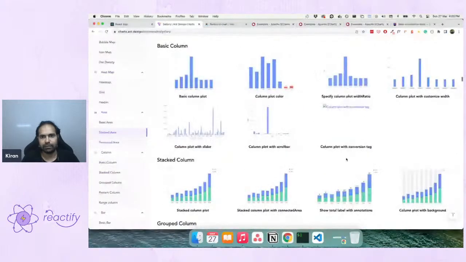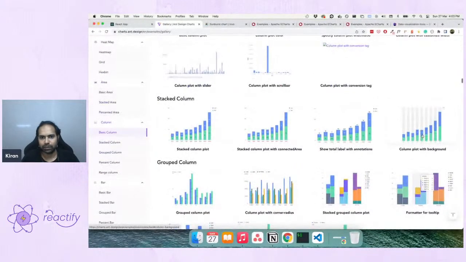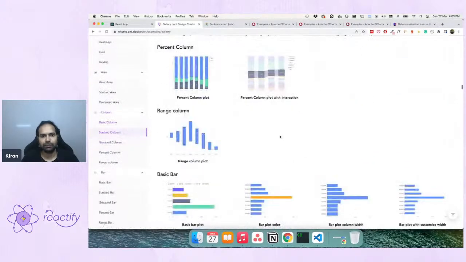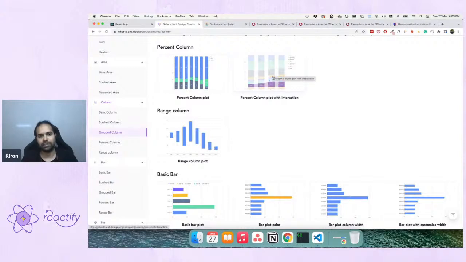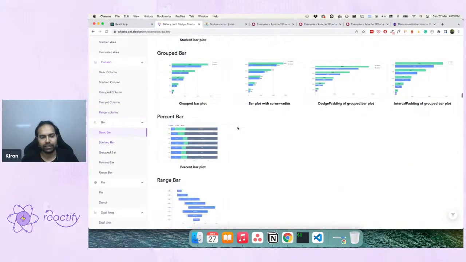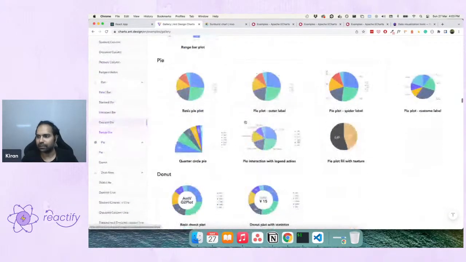Again, these are the standard bar charts. These are the stacked bar charts. Again, the grouped bar charts. Again, you can see, right? It supports not just the static representation of the charts, it also supports the interactions as well. Range. What else? Pie charts